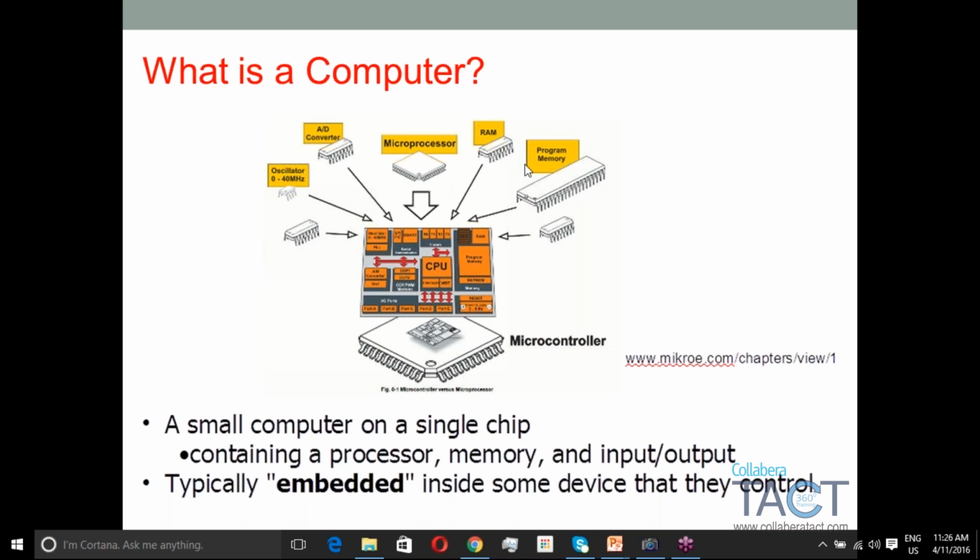So the computer is also a system. This system is made of four basic components. We need a program memory to store our programs and data. We need a microprocessor to execute, to run these programs. We need RAM to store the runtime data, whatever is being collected through input-output devices. And we need a few special logic circuits to connect the input-output devices with the computers, like keyboard, mouse, and